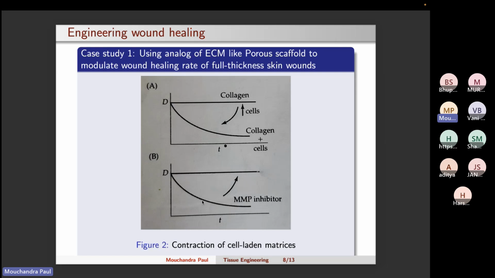So this is how they grow the cells inside the ECM gel and make tissue-like constructs, like dermal constructs and epidermal constructs, and then these tissue constructs are grafted on a wound, where they help in tissue regeneration. So this is another way where they have engineered the wound healing process using cell migration. Cell-based contraction comes from the cellular migration process.